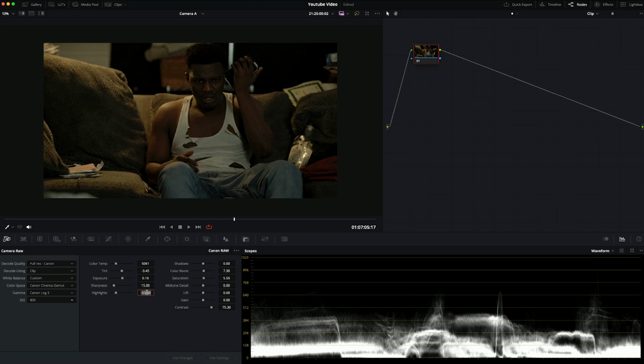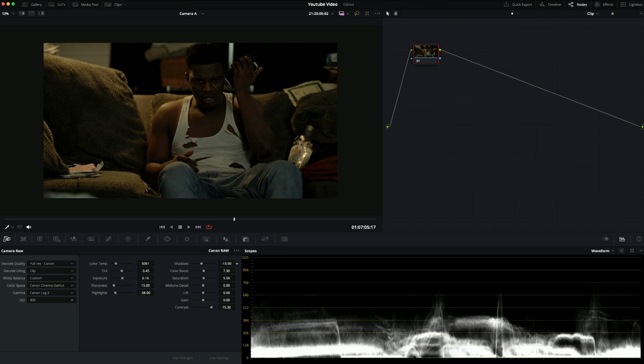I'm going to go ahead and put it at -58. Take away some more highlights because I want to keep that shadow on his face so it can kind of give a dark, evil look. As a matter of fact, speaking of shadows, I'm actually going to bring the shadows down a little bit more too. Probably like -14.5. I'm liking it there. And, you know, I'm actually kind of satisfied here. And just as I mentioned before, it's looking a little dark. Don't worry, we're good. So now that we're done with the camera raw section,